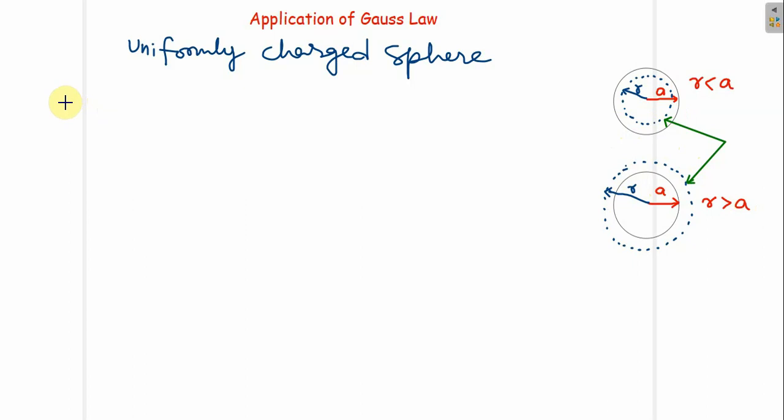Let the uniform charge density of this uniformly charged sphere be rho 0 coulomb per meter cube. This is the charge density. Now to determine the D, we have already assumed the surface. Fine. Now let us proceed. For r less than or equal to a, which case are we talking about? We are talking about the first case, that is this one. So for r less than a, the total charge enclosed by the spherical surface is given by